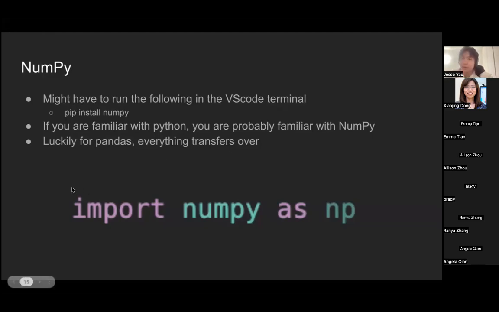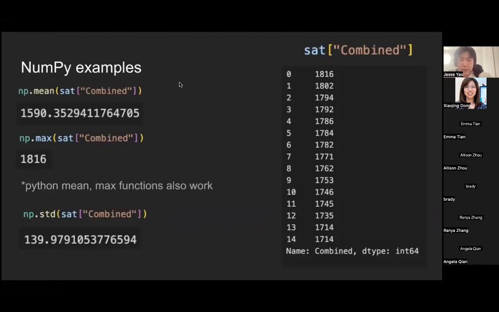Right, so if you want to import it, just like pandas, where we said import pandas as pd, now we just do import numpy as np. Again, this is just a nickname, np. You can choose whatever you want, but this is the standard that everybody uses. So for NumPy,